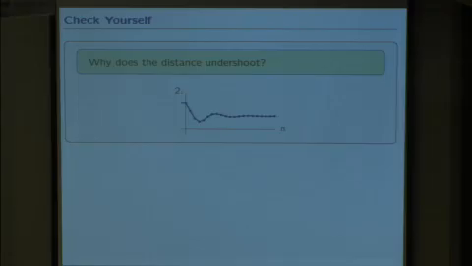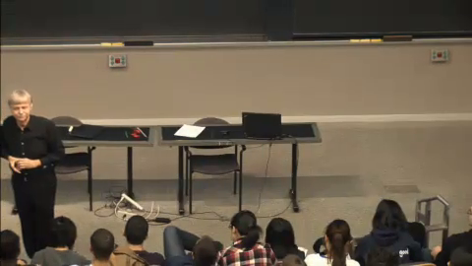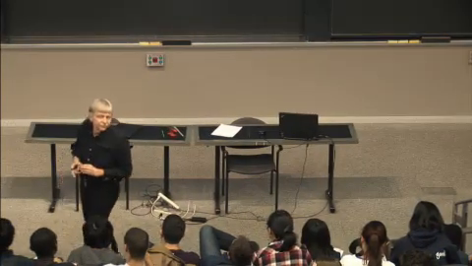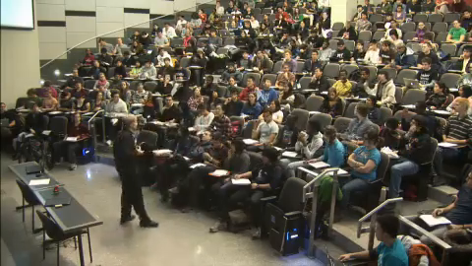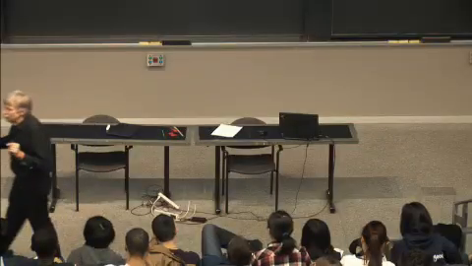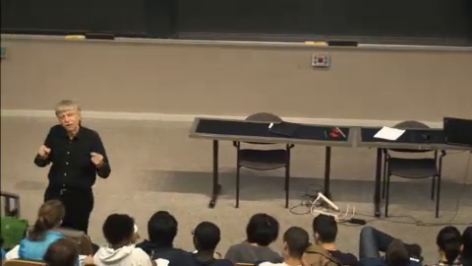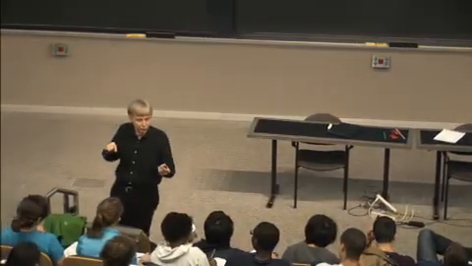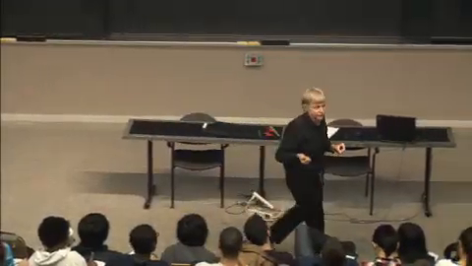Why do you think it undershot? So on the way to going from 1 to a half, it transiently went through something smaller than a half. Why do you think it did that? Yeah. There's a small time where it's moving at that velocity where it could overshoot before it gets more data. So there's a small interval of time between when it does one thing and it does something else, when it senses and moves, for example. So there could be a time delay in the system, and in fact, that's true. There is a time delay.